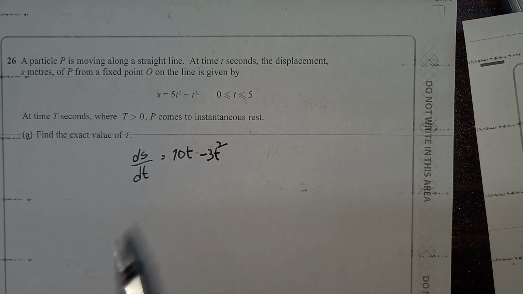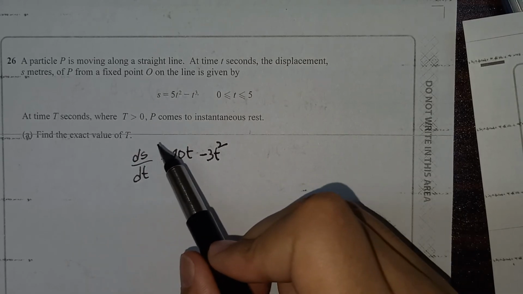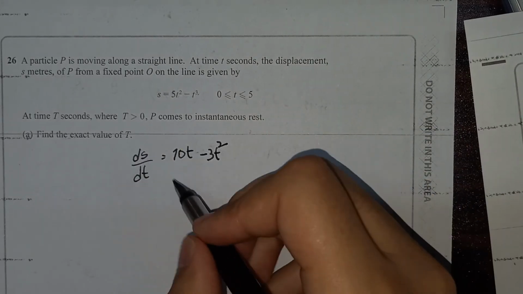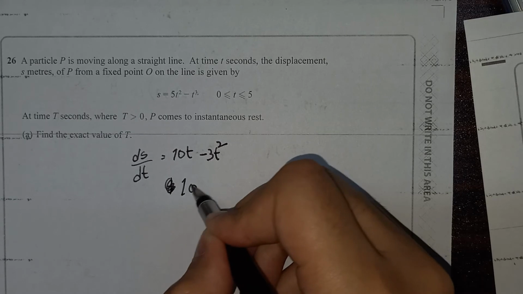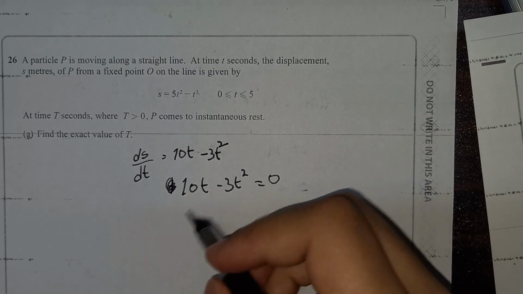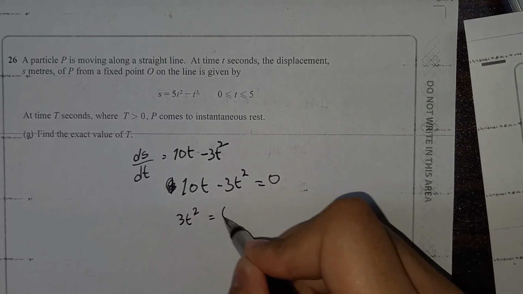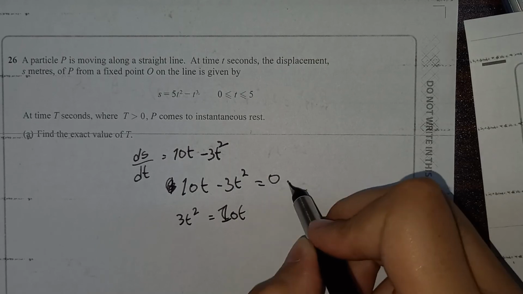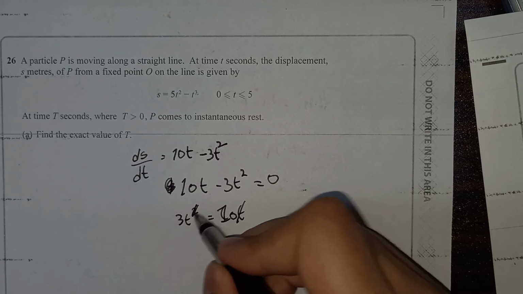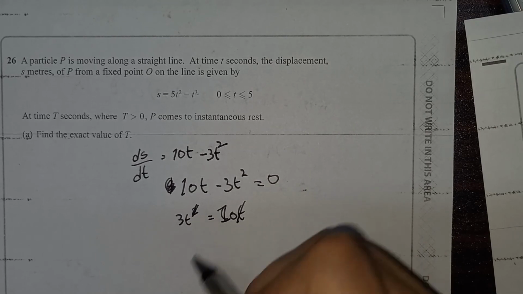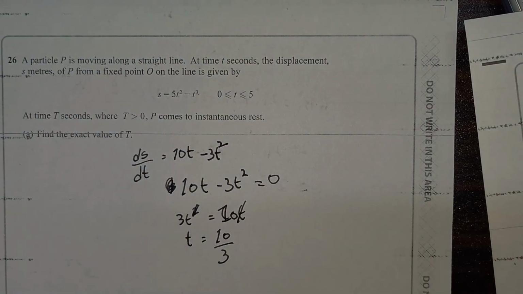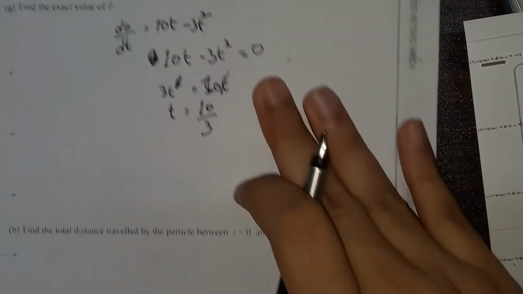Differentiation is very simple. Now when t is greater than 0, P comes to instantaneous rest. Okay, so for rest, whenever there's a mention of rest, you have to equate this whole thing to 0 and find the value of t. So 3t square is equal to 10t. We move 3t square to the other side. Now t, when you move it over there, simplifies with t square to give us simple t, and the value of t is 10 over 3. So we'll just write it over here,